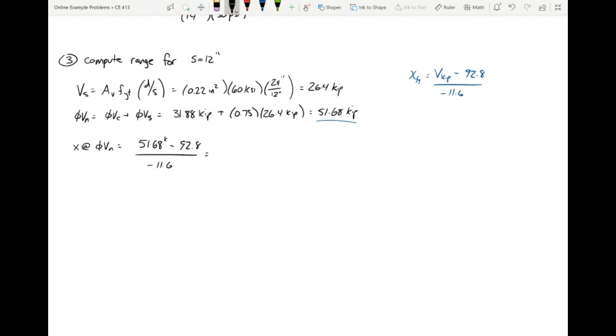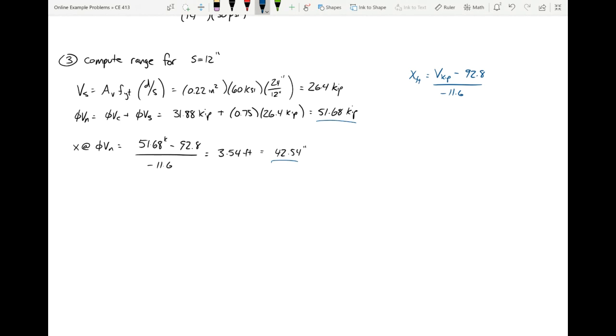So that comes out to 3.54 feet or 42.54 inches. Okay. So what this is saying is that we can start our design with 6 inches, and we can keep using 6 inches until we get to this point right here, and then we can start using 12